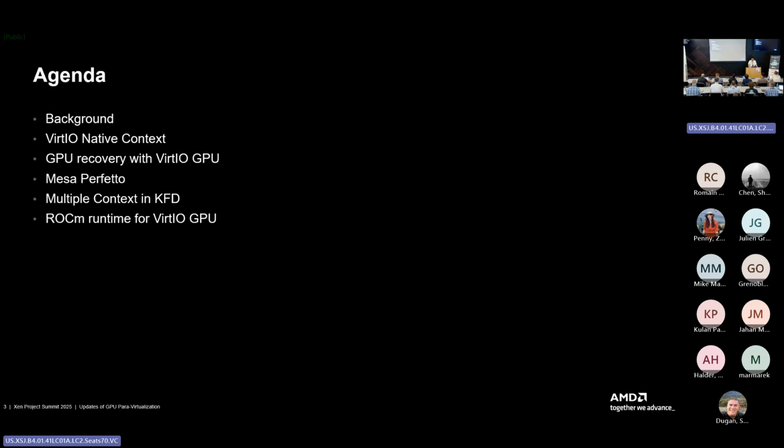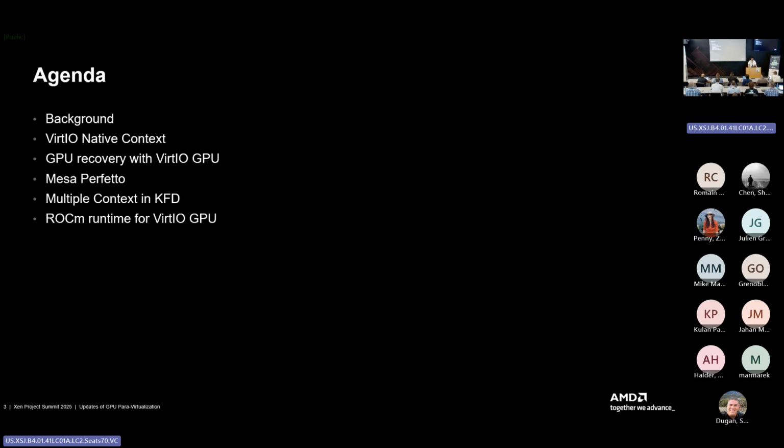Okay, please take a look at this agenda. First, I want to share the background of this solution, in case there are new members joining the summit this year who want to know some history. Then we look back at the virtual native context design for OpenGL and Vulkan in the domain U guest.